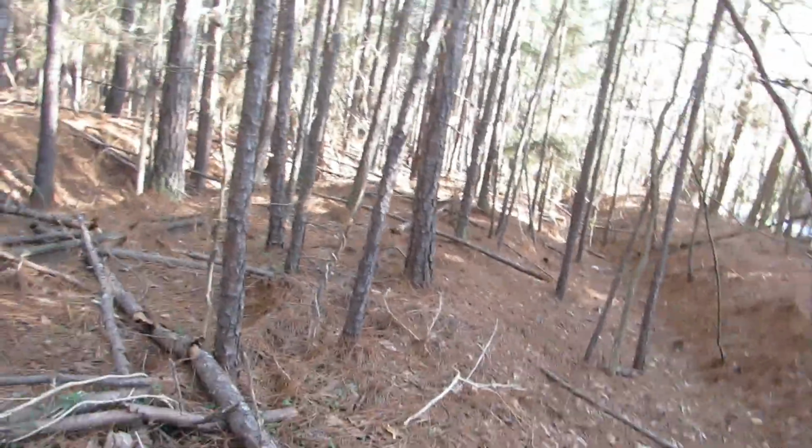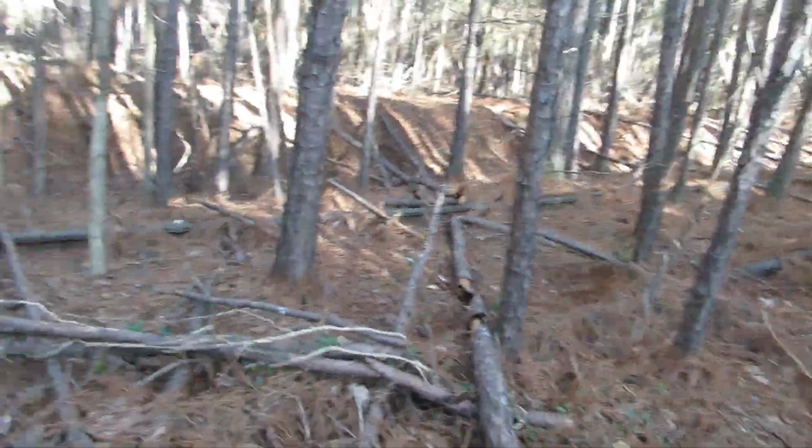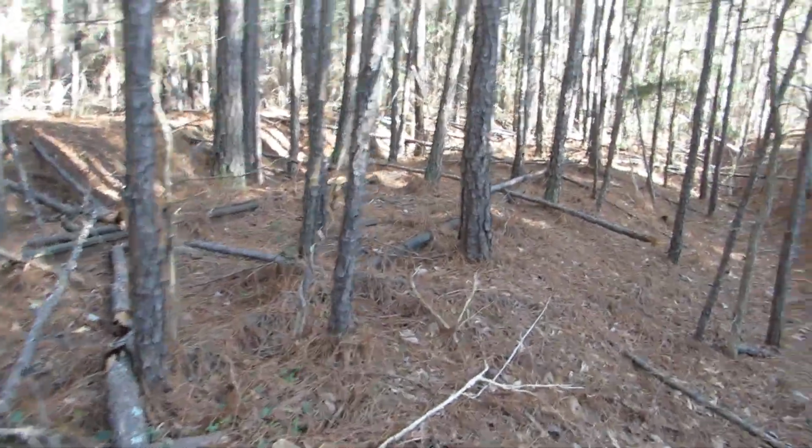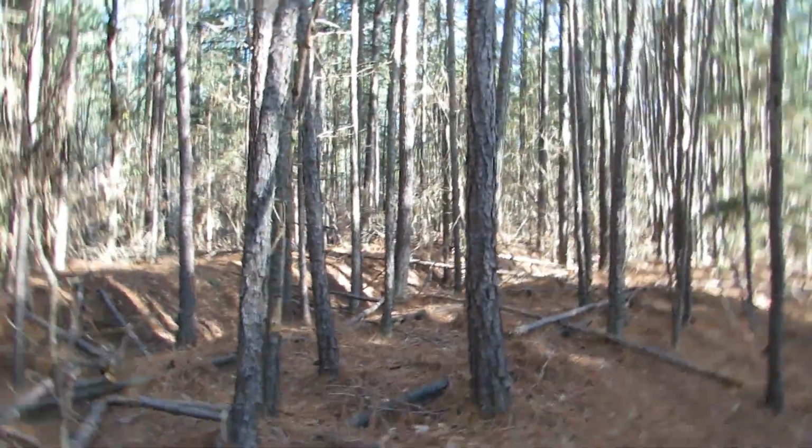You see the cut the railroad goes in. But this is all pine tree growth, and if anything, this would be the easiest portions to cut at if they want to get the track reopened. There's been rumors, but